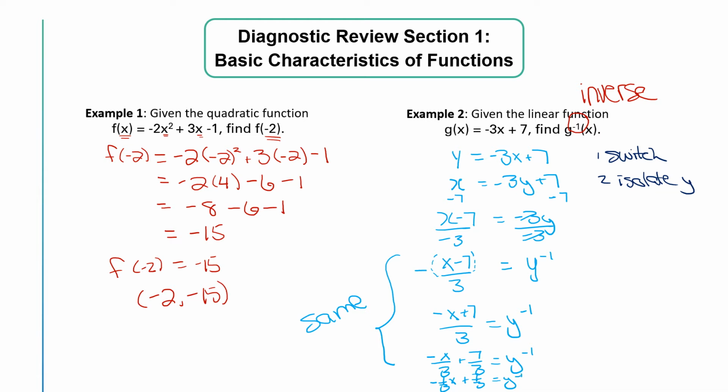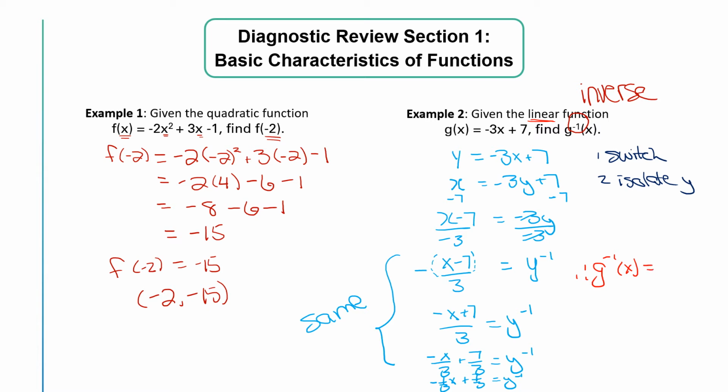So my slope would be -1/3. My y-intercept is 7/3. So this is definitely a function. Lines are all functions. So the inverse of a line is a line, if you don't remember that. If you start off with a linear function, if you start off with a line, its inverse will also be a line. So proper notation here would be, therefore, g inverse at x, because it is a function, is,